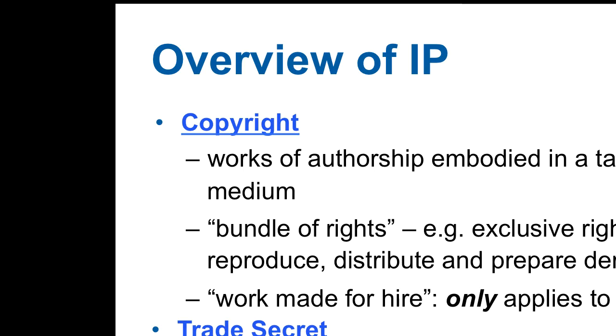One thing I wanted to point out about copyrights, I often hear people say, I own this invention because it was a work made for hire. Work made for hire only applies to copyrights. If you are developing an idea, you bring in a third party who helps you, and that third party improves on it, or somehow you now jointly develop something, it's not a work made for hire. You don't own that idea because you brought him in and he's working with you. It's just purely a copyright concept.